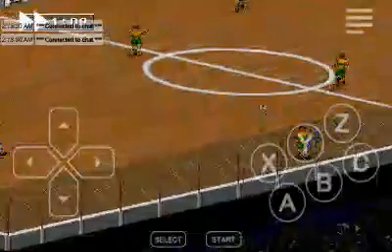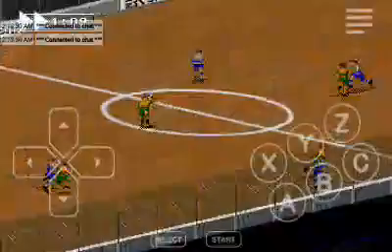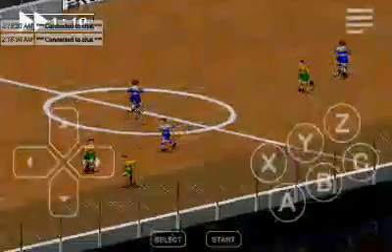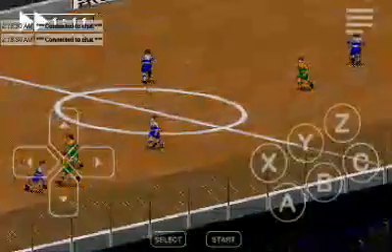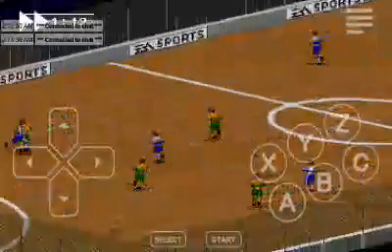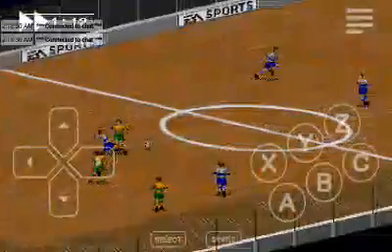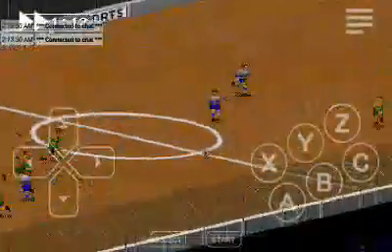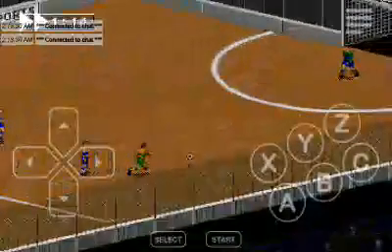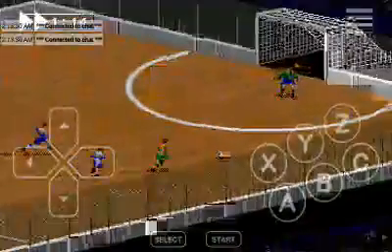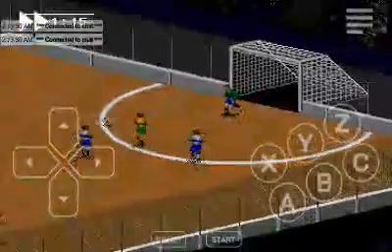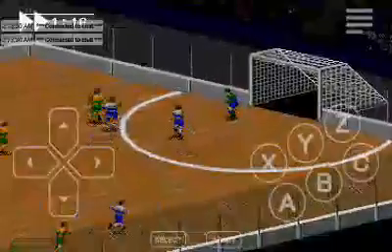Ball is recovered back by the Dallas team, pushing back in the center of the field. Ball goes into the offensive line of the Dallas team.